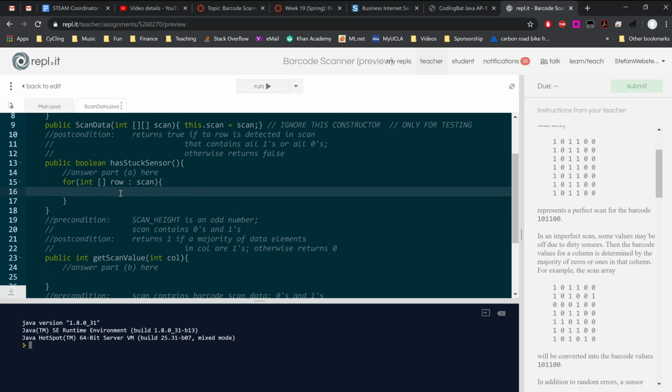If you have not done this repl.it assignment, please go do it and try to challenge yourself through it. Even after watching this, it takes a couple of times through to understand what I'm doing. And then you can also take a look at the